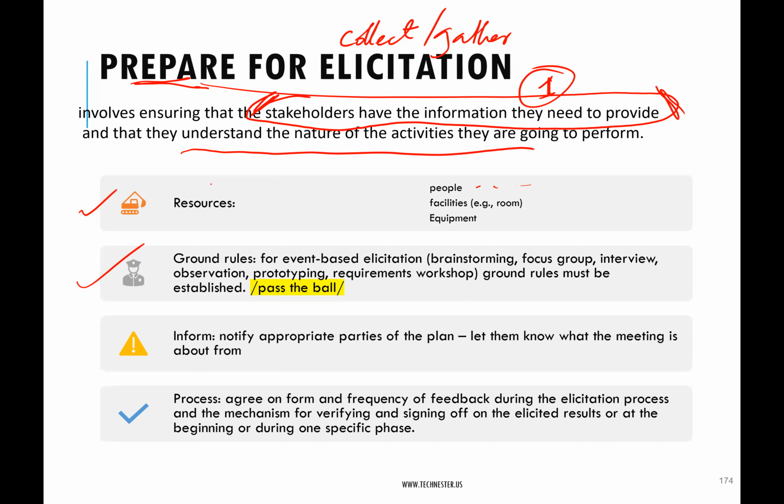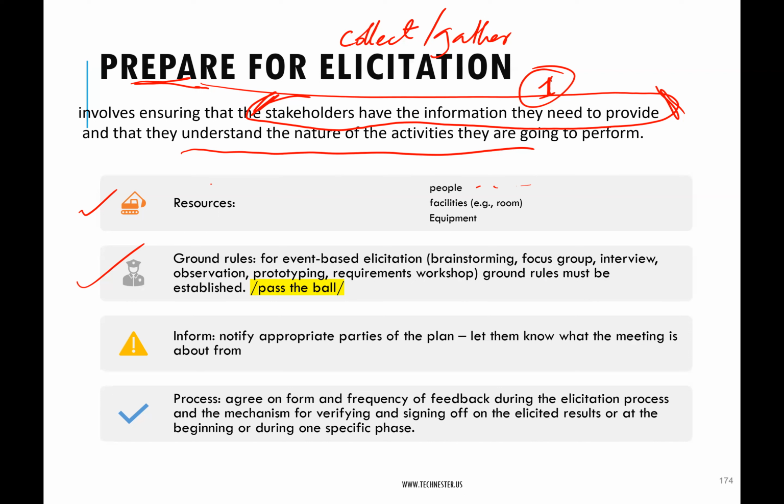Right? So if you are using the pass the stick or pass the ball method, then when the ball gets to those gentle people, you say, okay, the ball is with this person now, so this is the person talking. Every other person has to keep quiet. If not, it's only a couple of voices, usually 20% of people will make 80% of the noise, and they'll silence everybody else. So that's one of the reasons why you need ground rules. That's one or the major reason why you need ground rules.